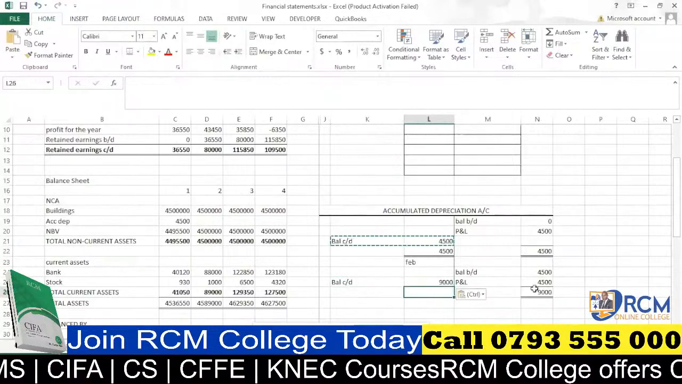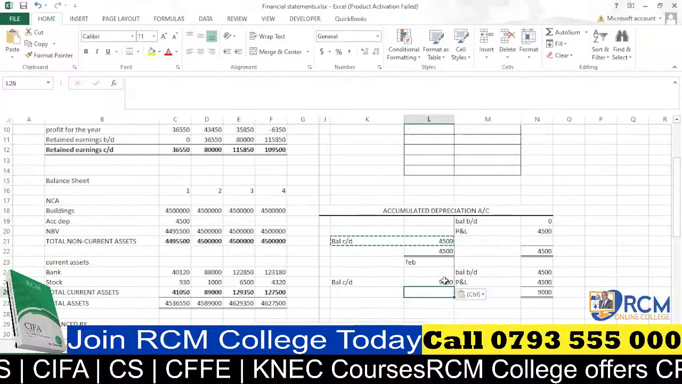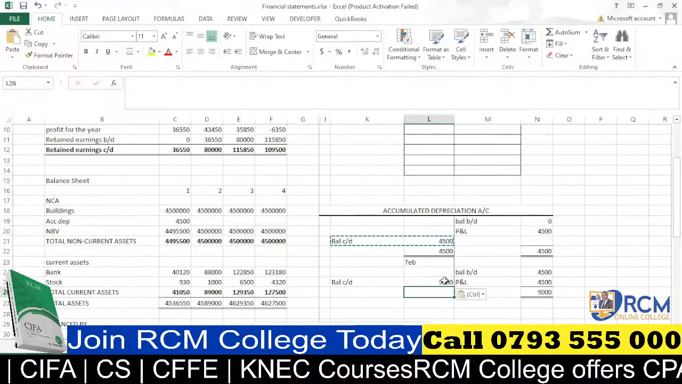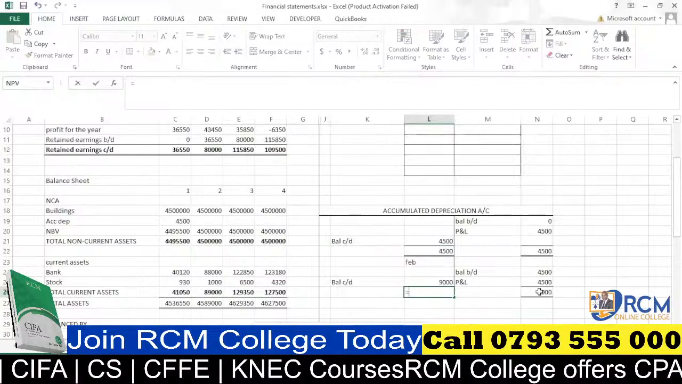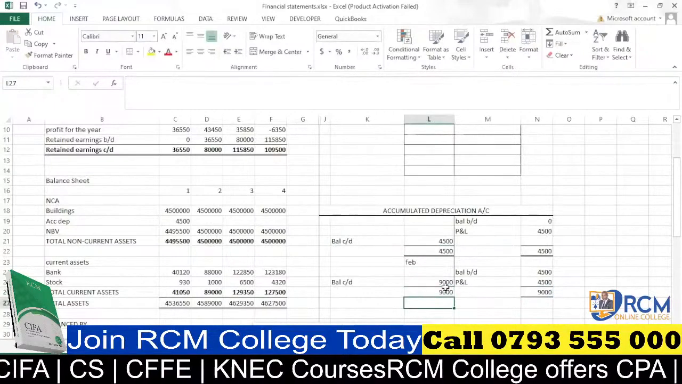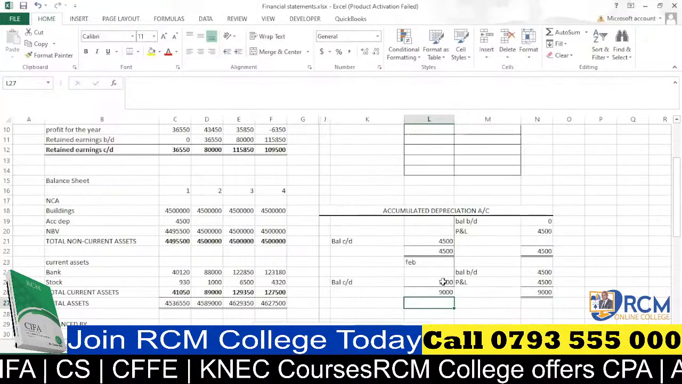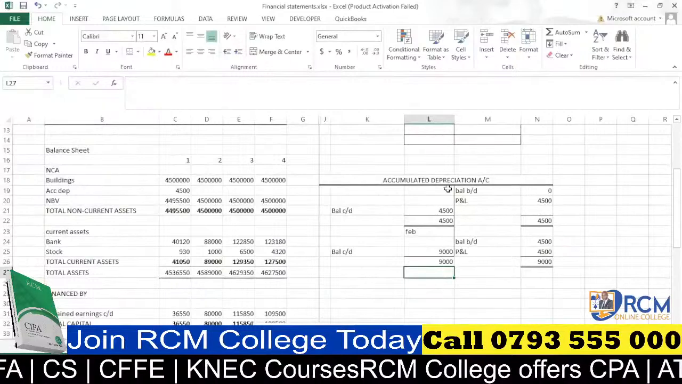Our balance carried down will be this total minus anything that is up here. Then we automatically have 9,000. So how do we get that 9,000? We have gotten 9,000 by taking balance brought down from